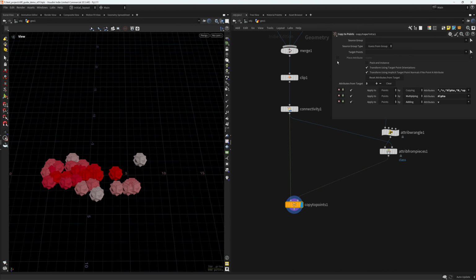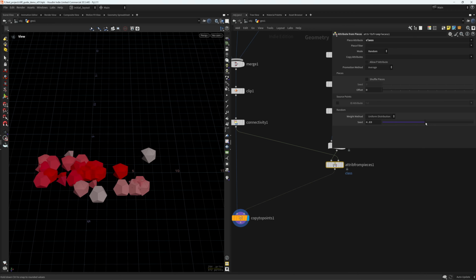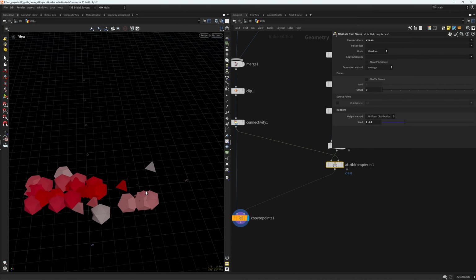And in the copy to points, I'm going to use a piece attribute and it will be class. So as you can see, it will copy a random shape to each point. We can play with the seed to see which shape is copying. And in this case, what sort of seed did I use? So 2.48. And now I want also to play with the scale and the p scale because this won't generate a